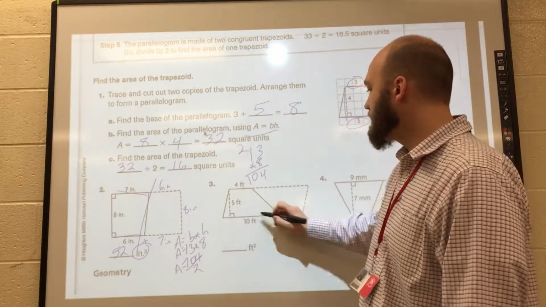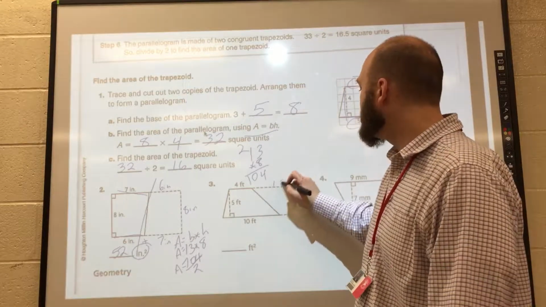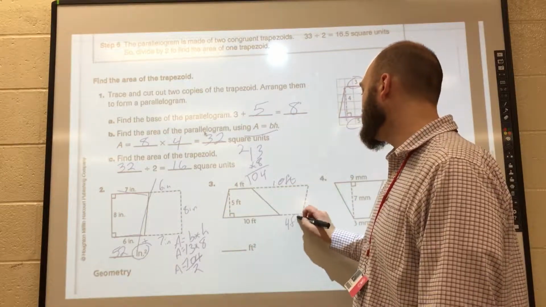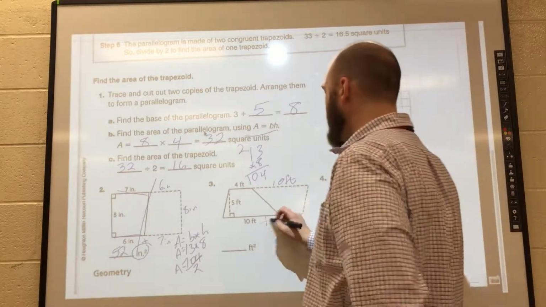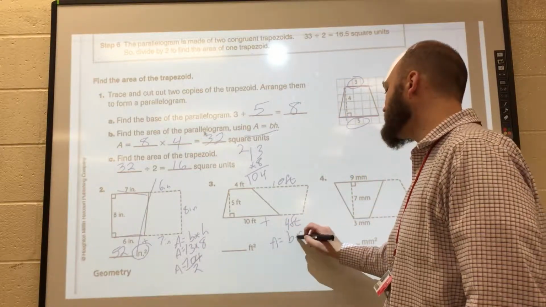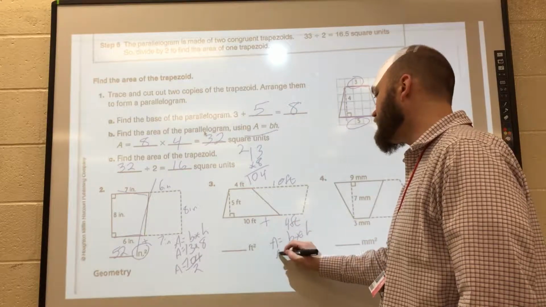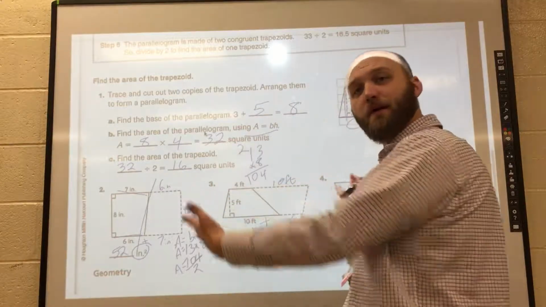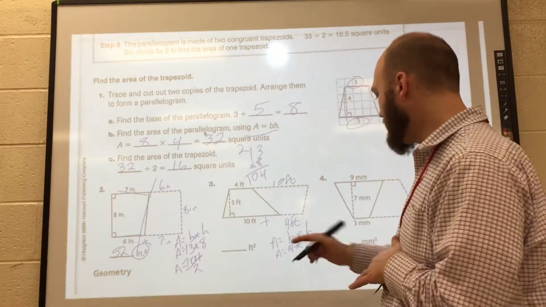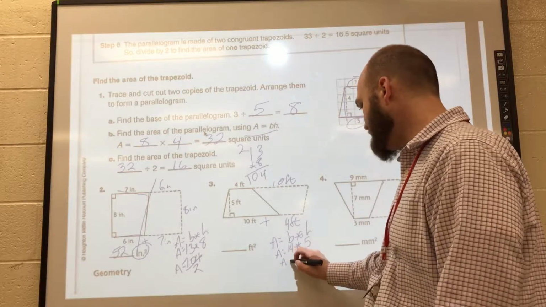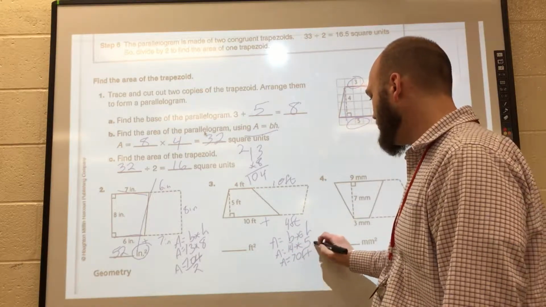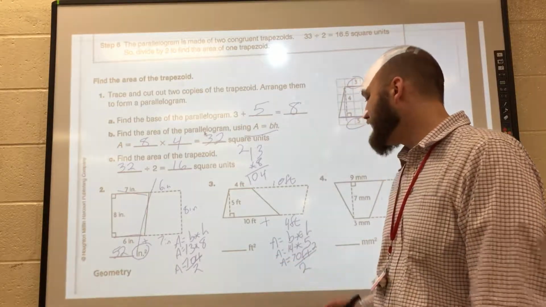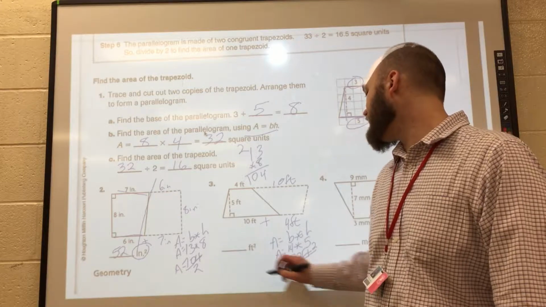Parallelogram, we know that when we flip it on itself, we've inverted it. This section is 10 foot because that's the bottom section here. The top section would now be down here at 4 foot. I'm going to add those together. I get area equals base times height. My base is now 14 and my height is 5. And that's the parallelogram that I've made, putting my 2 trapezoids together. 14 times 5 will give me 70, equals 70 feet squared, but I'm not done yet because that's the parallelogram. I need to cut that in half and say 70 divided by 2,